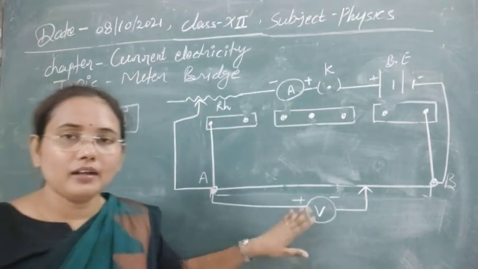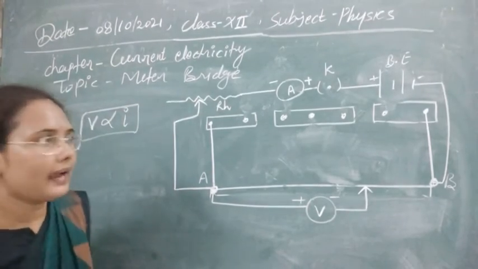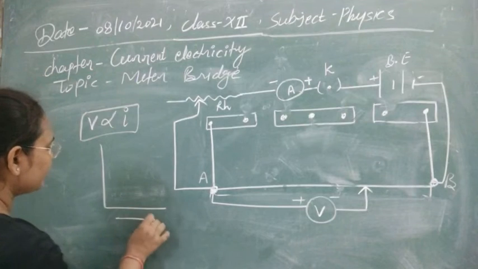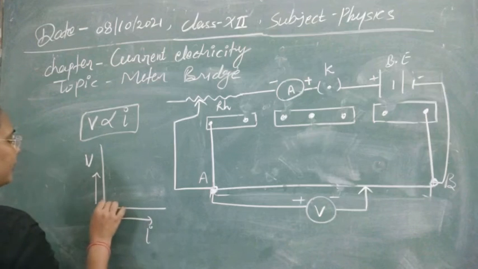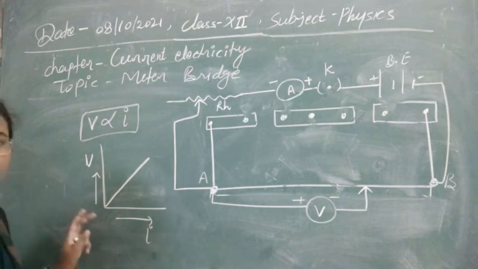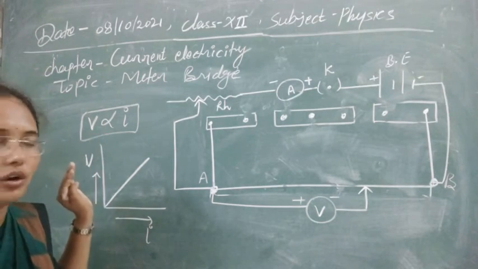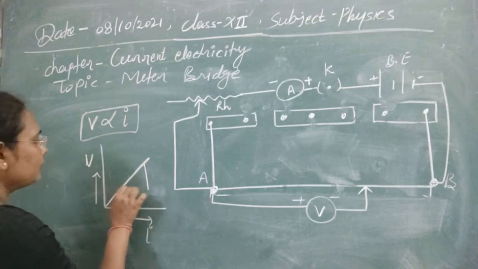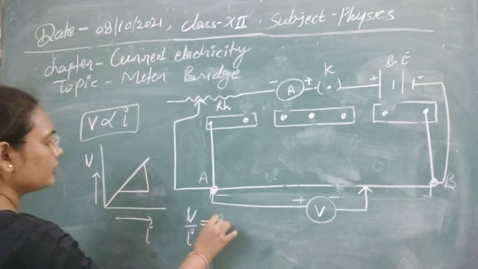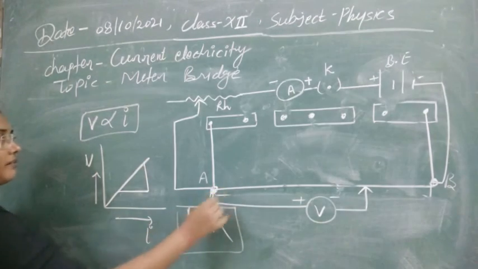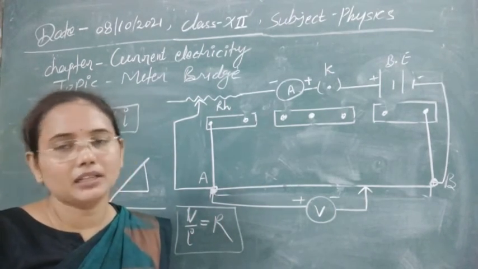Make the chart and note down the readings of the ammeter and voltmeter. After that, plot a graph between I and V. Suppose it's V and I you have taken. If this graph is linear, then it means that our Ohm's law is verified, because it is showing that V is directly proportional to I. This is Ohm's law. And if you find its slope, then that slope will provide you the value of V by I, and you know V by I is equal to resistance. So through this you can easily find out the value of resistance of the wire of 30 centimeter that we have chosen.